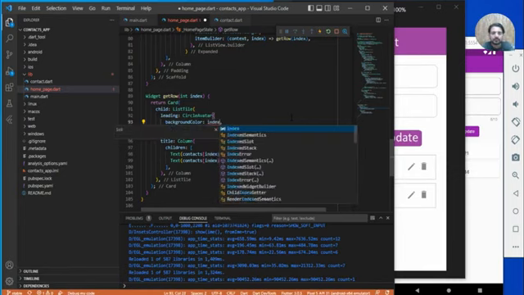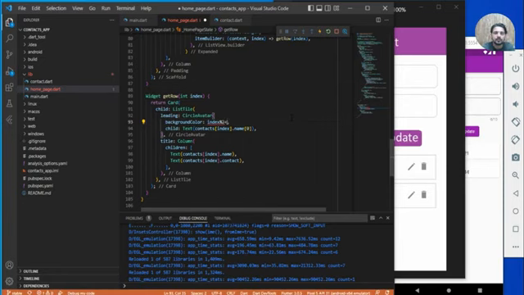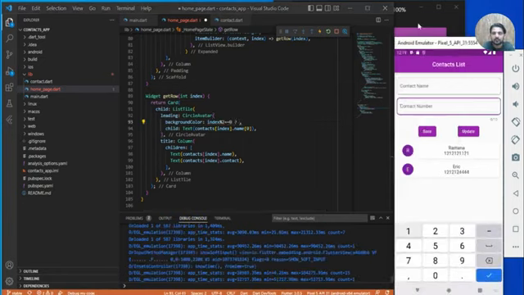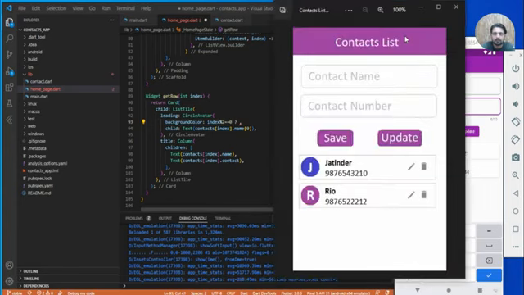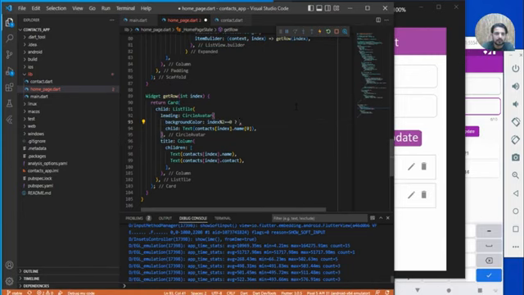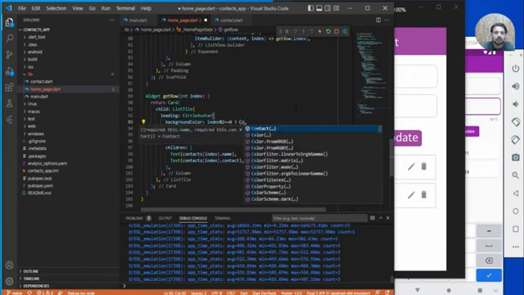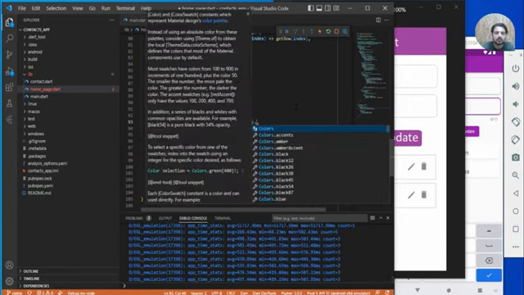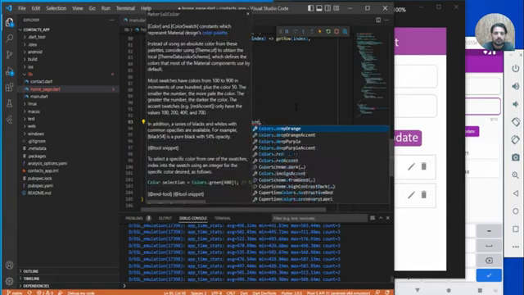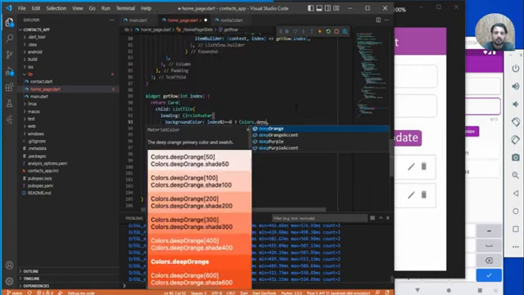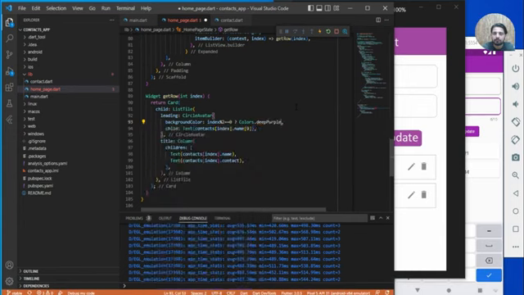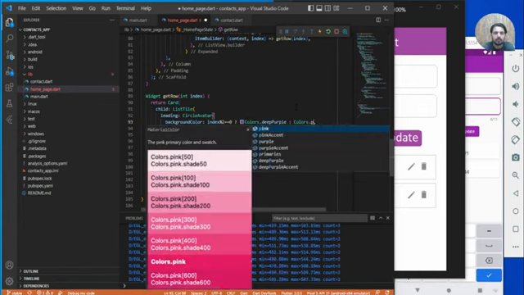If index mod 2 is equal to 0, that means we need this bluish and I think this deep purple color. So let's try colors dot deep purple. Yep, let's try with this. Otherwise we use colors dot purple,